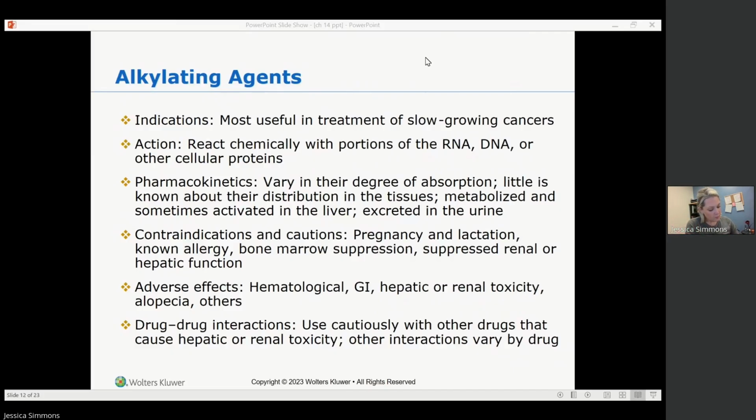So bone marrow suppression includes low white blood cell count or neutropenia, bleeding caused by thrombocytopenia, which is a low platelet count, and anemia or low red blood cells. So your nursing action is to monitor white blood cells, absolute neutrophil count, platelet count, hemoglobin, and hematocrit. Assess for bruising and bleeding gums because those are signs of thrombocytopenia. Okay? Client education, avoid crowds and contact with infectious individuals.